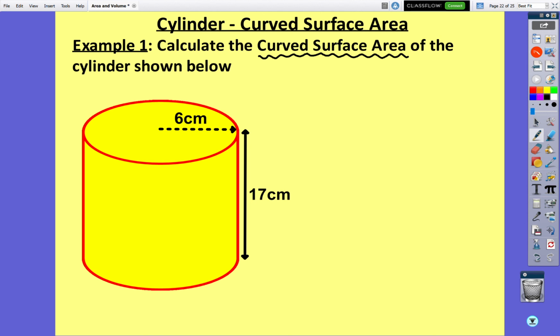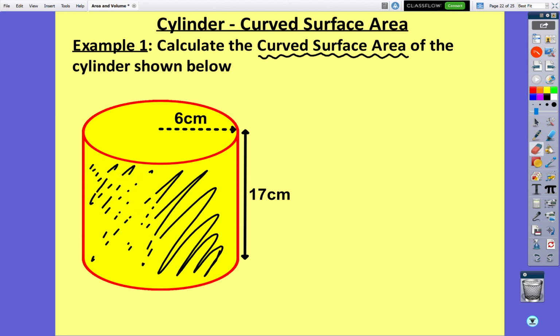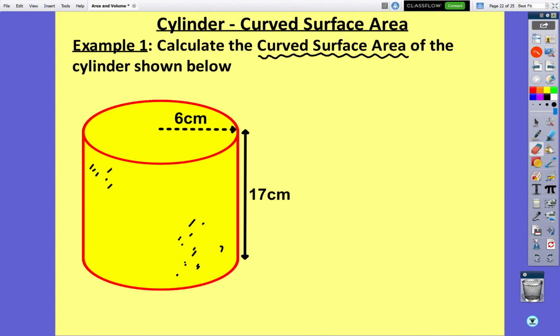Here it's a bit tricky. When we talk about the curved surface area, all we're talking about is the walls of a cylinder. If you were to take a Pringles box, cut the top and the bottom off, cut down the side, and roll it out flat,